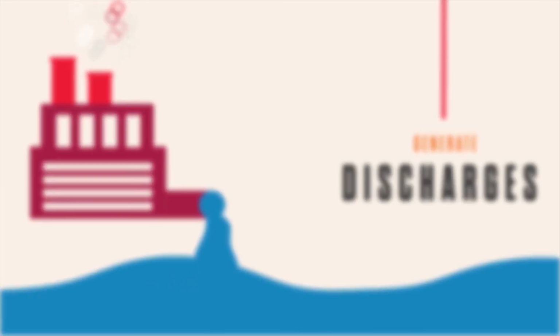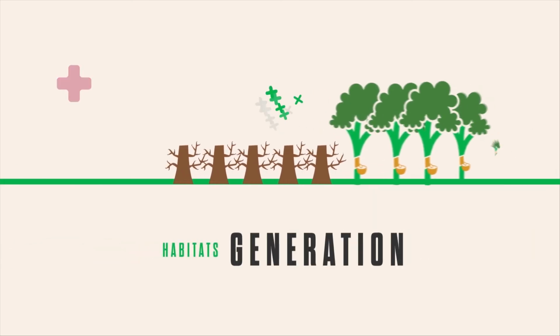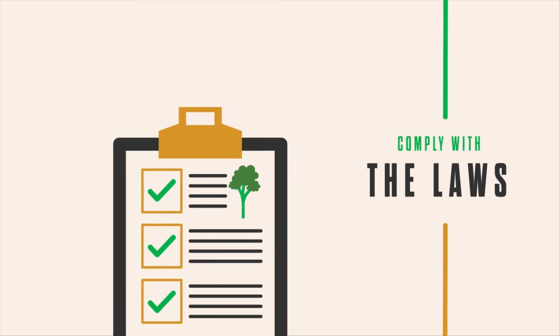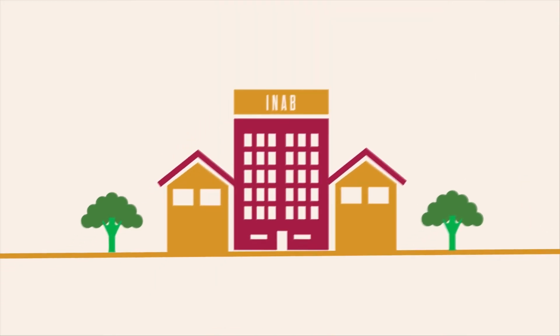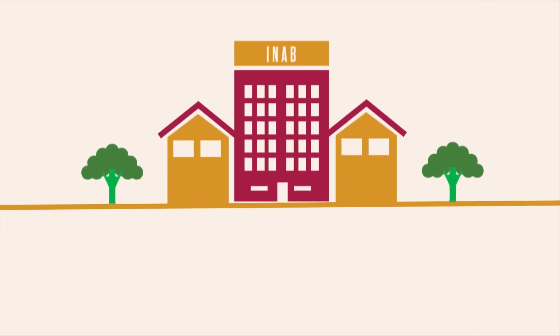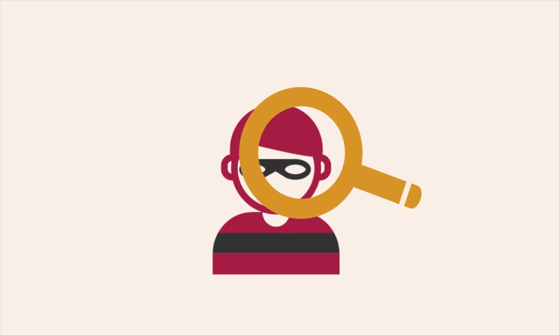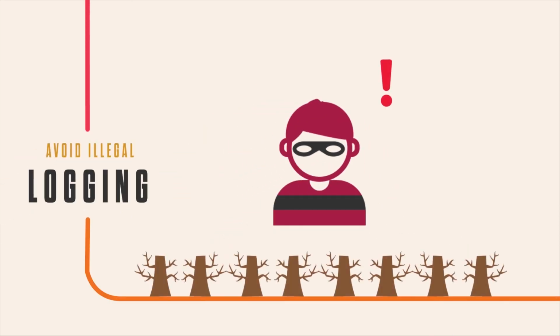No deforestation. Natural rubber plantations are an important resource for reforestation of degraded habitats. They comply with the laws of the country, making an inscription of the rubber plantation through the National Institute of Forests (INAB), which is the one that regulates and evaluates forests in order to issue licenses and permits. The objective is to control compliance with the laws on forest management, avoiding illegal logging and deforestation in the country.